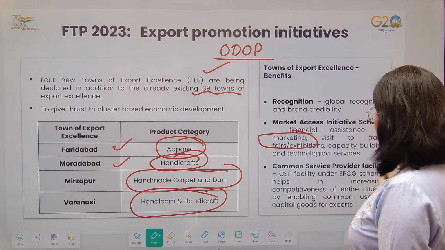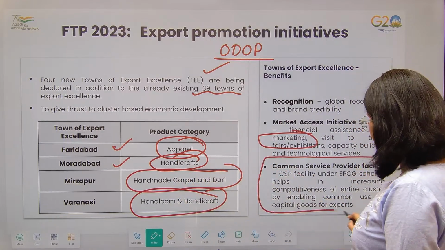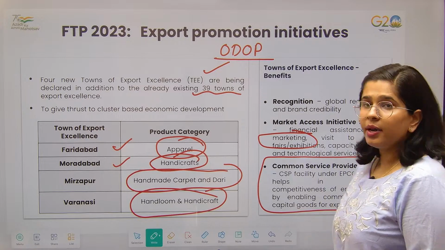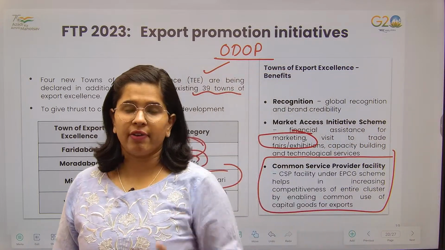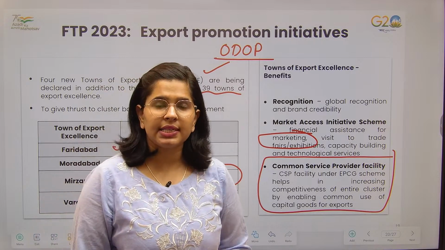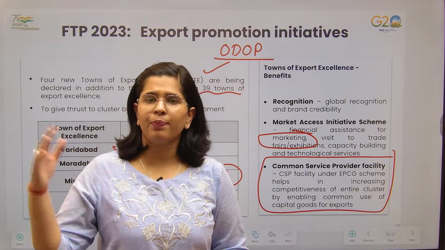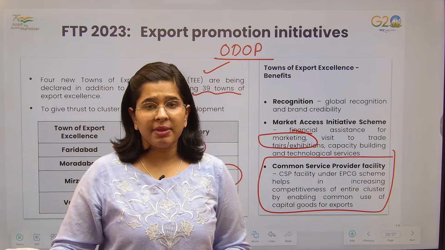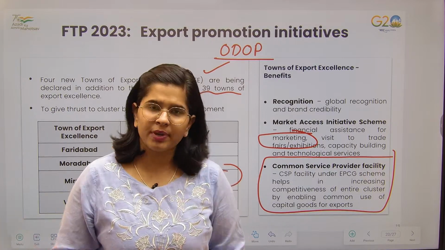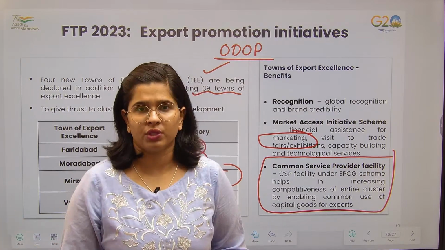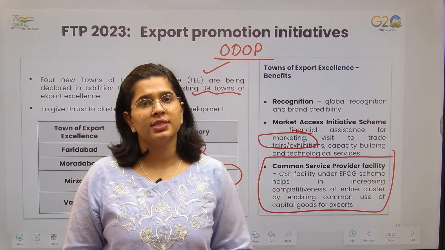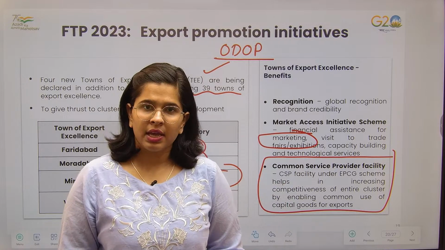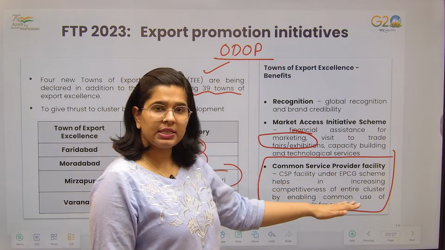One more thing that is important is this. We heard about the EPCG scheme in my first lecture of FTP. What was the EPCG scheme? Government is saying that please import capital goods. That means government is saying please import machineries to do the exports, and we are going to waive off the duties that you need to pay on such import of capital goods, right? So that is your EPCG scheme.